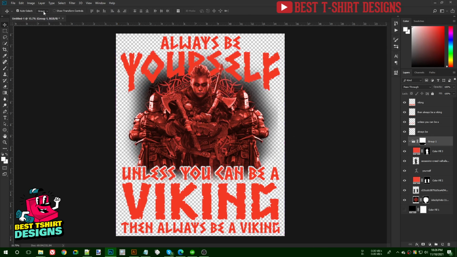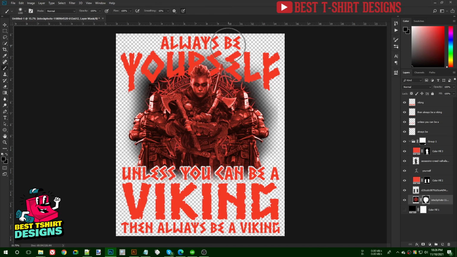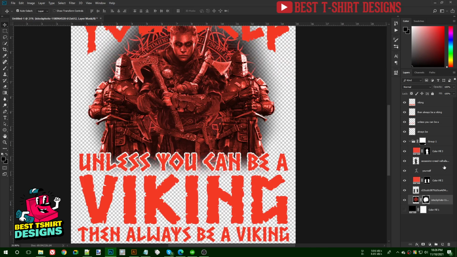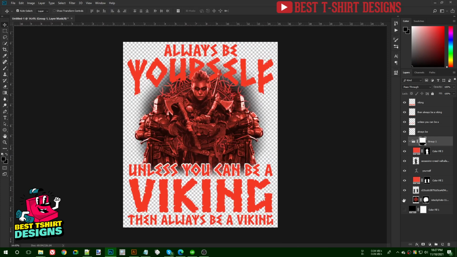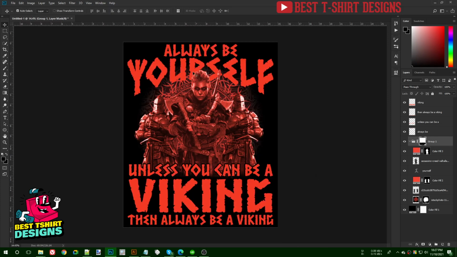Okay, not like that. Now I need to change it to layers. I need to select not that one. I am going to select this one. Press Ctrl T to bring that a bit up. Something like that. That is fine. Now again I am going to go inside the layer mask and then remove some of this black. Okay, so this is how it is looking, and then I'm going to go to this layer mask again to remove some of these parts because I don't need them. So as you can see, this is how it is looking. If we turn on the black background, it is looking perfectly fine.